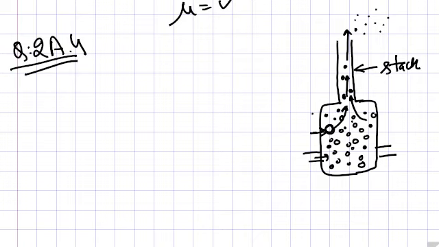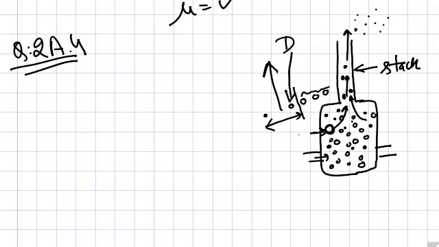So you can say that there will be some size range, from very small particles to particles in the middle. This range of catalyst particles will be lost in the stack gas, and these bigger particles will not come out because of gravity. So what you have to do in this question is find the maximum size, d maximum, of the particle that will be lost in this.